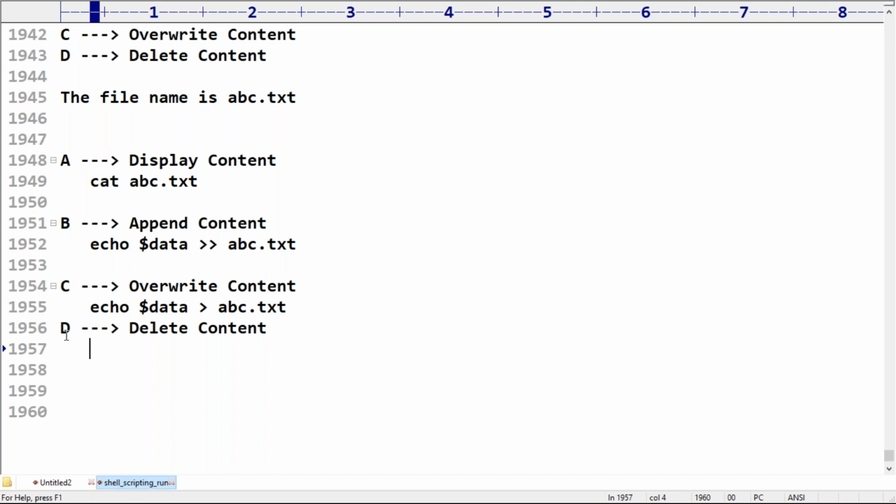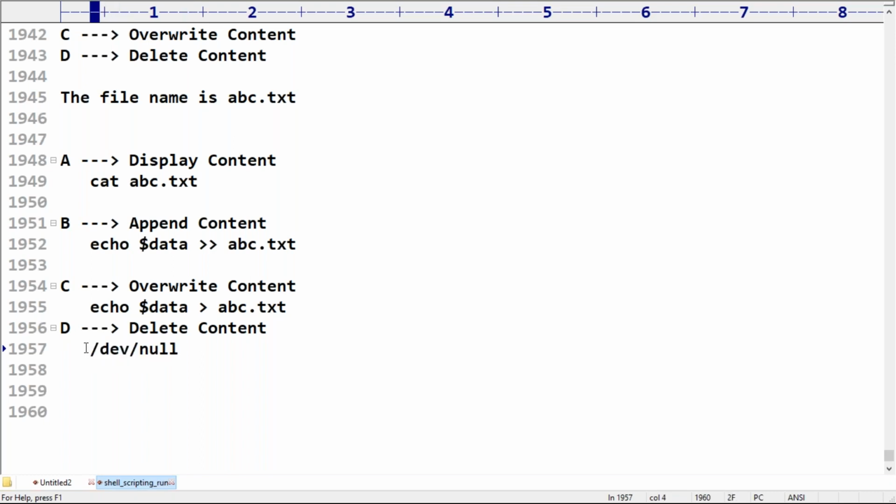Here there is one small technique. Anywhere we are going to use this technique, please take very special care. There is one file in /dev called the null file, the empty file. Nothing will be there in that. So wherever empty is required, wherever you want to ignore the content, it is better to use this file.